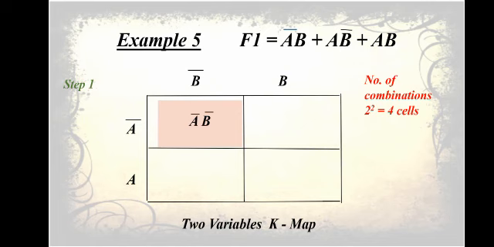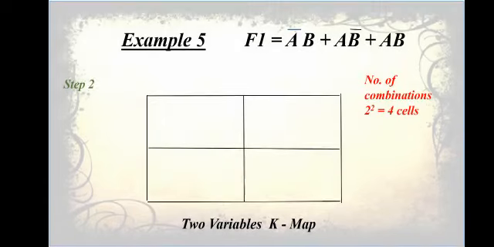Then first row and second column will be multiplied, it will give you a complement and b. Then second row and first column, it will give you a b complement, and then fourth is second row and second column, that will be ab. This is your step number 1 of the example. Step number 2 is wherever these expressions lie, like here a complement b is lying in which place, you have to see in the previous step, and then you have to replace it with 1.